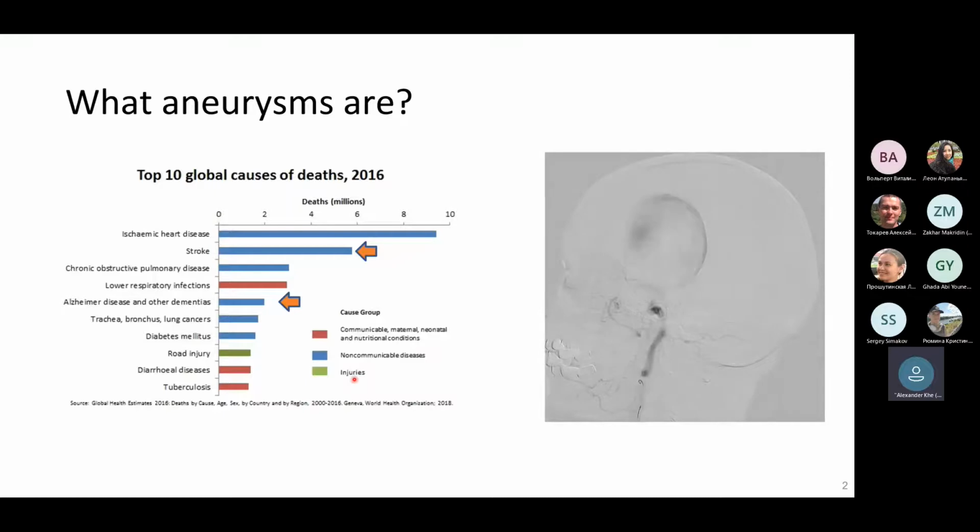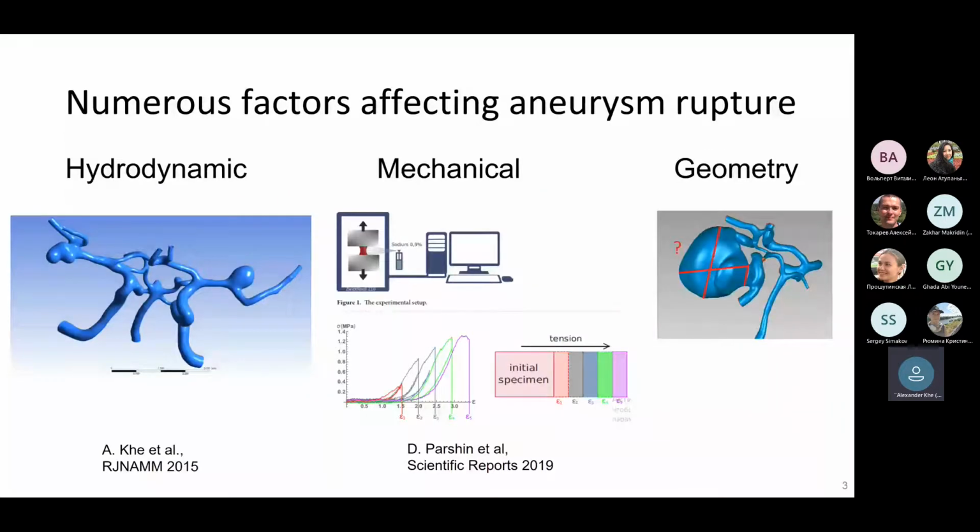Here on the X-ray angiogram, you can see a huge, giant aneurysm inside the human brain, approximately 7 centimeters in size. This can be in a human without treatment for a long time, and such aneurysms are, of course, prone to sudden rupture. So there are a number of approaches to assess the risks of aneurysm rupture,